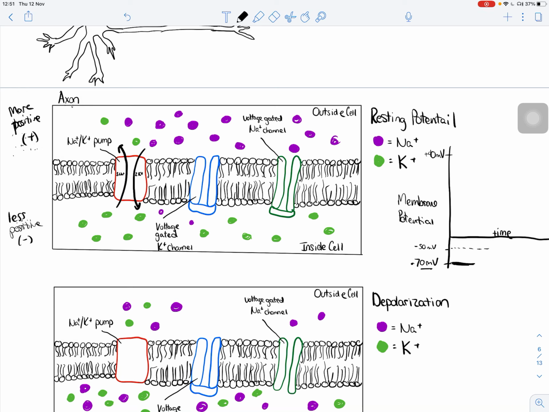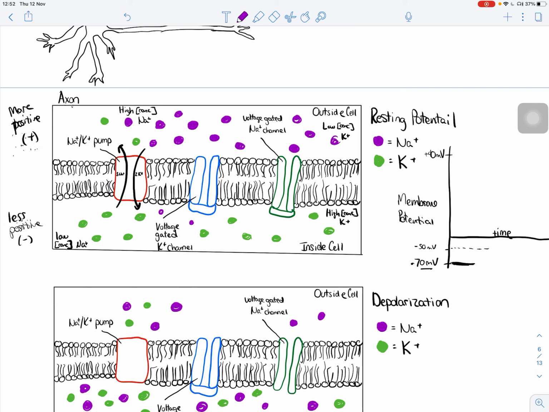So you have a higher concentration of Na+ here, a low concentration of Na+ here, and you have a high concentration of K+ here, and a low concentration of K+ here. Okay, so this just goes like this until